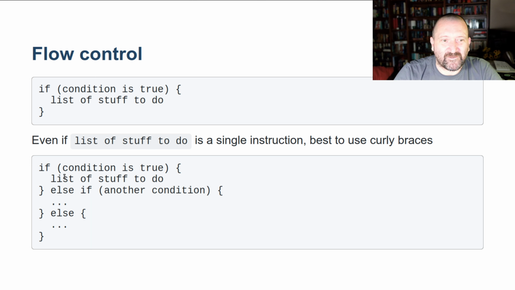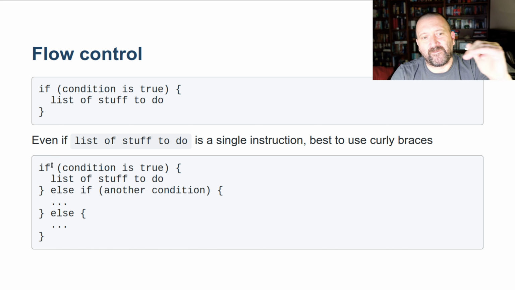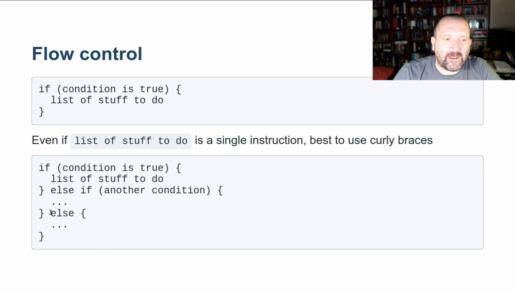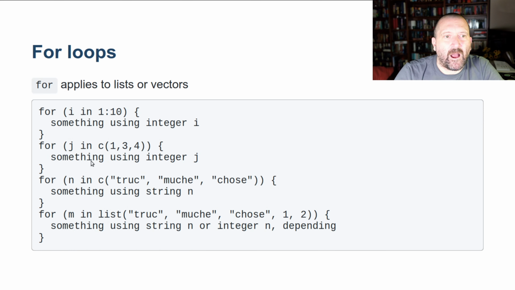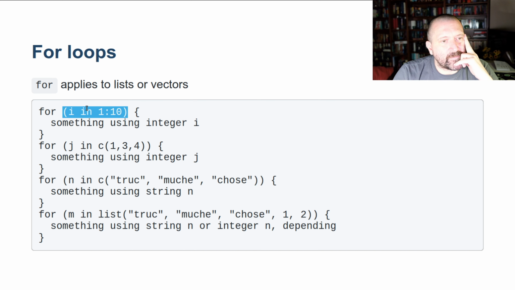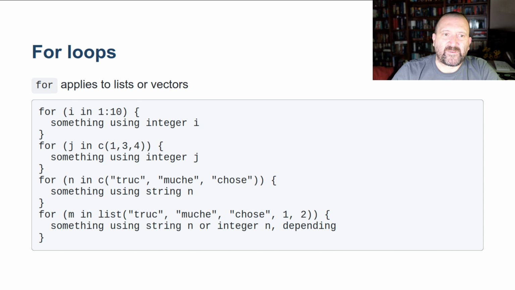And by the way, else statements can be used with an if. So you can have an if, else if, etc. And the last one would be else, or you can have just an if and else. Okay, but so this is how things work. For loops apply to lists or vectors. That's quite useful. So when I write for i in 1 to 10 here, what R understands is for i in the vector that contains the entries from 1 to 10. Okay,